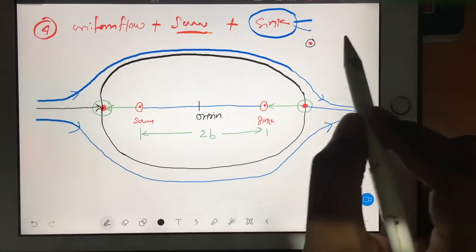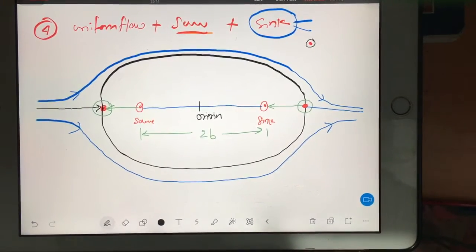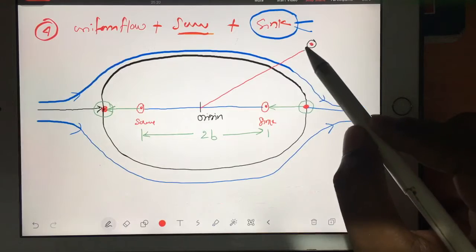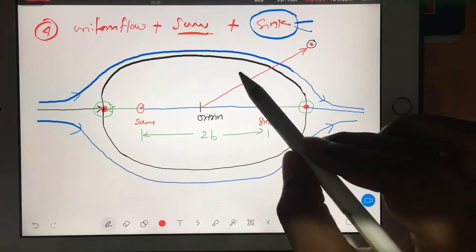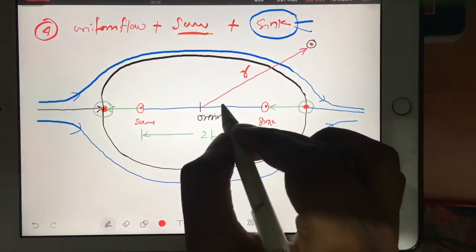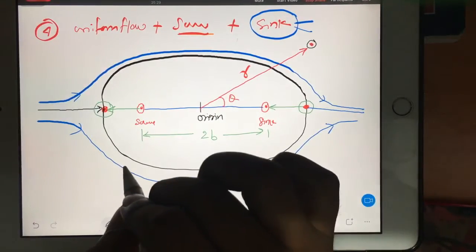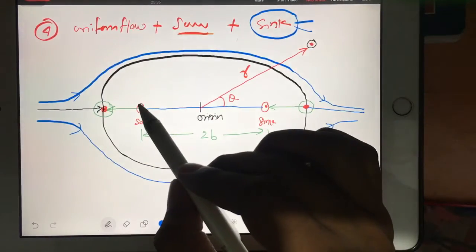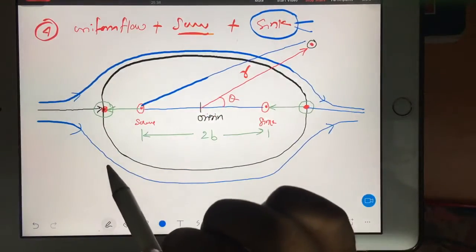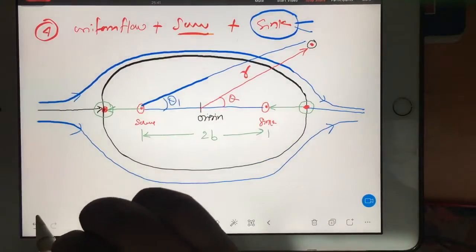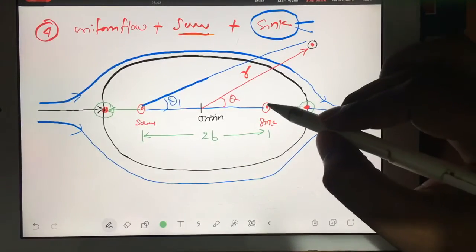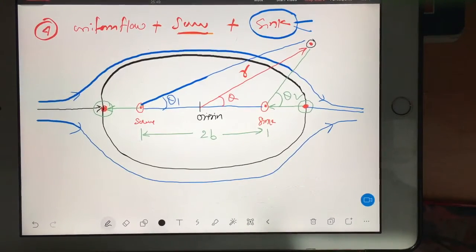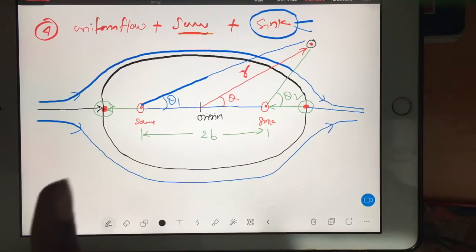So in this point you will be having coordinates and position vectors. So with respect to origin, if you connect this position vector, then you will say okay, it has a point location R, which will be at a certain angle theta. So this is the position of the point P with respect to origin. But at the same time, this point is also in the vicinity of the source. So here theta 1 angle I am considering. And of course with respect to the sink also it has a coordinate, so that I am saying theta 2. It means my new streamline will contain theta also, theta 1 also, and theta 2 also.